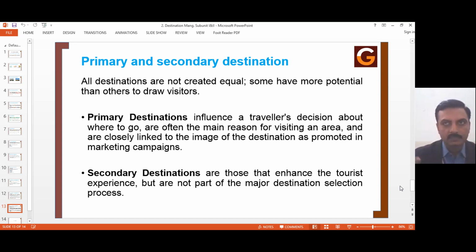So in that case, what happens? Somebody has come to visit only Bangalore, that is the primary destination for that person. But since Mysuru is very nearby Bangalore, maybe only a 4 hour distance, they find some time and go to Mysuru also. So for them, Mysuru becomes a secondary destination and Bangalore becomes the primary destination. Or for another example,